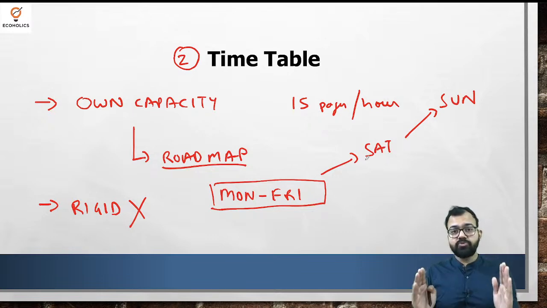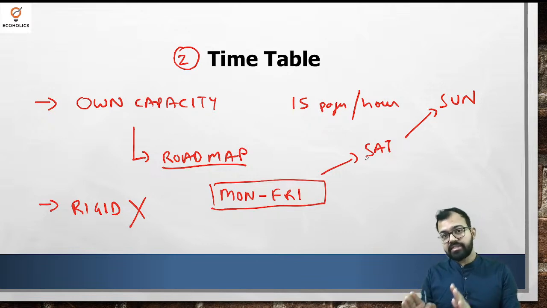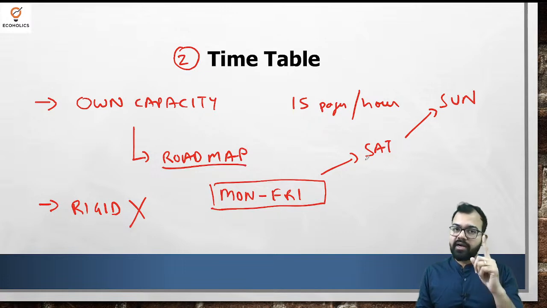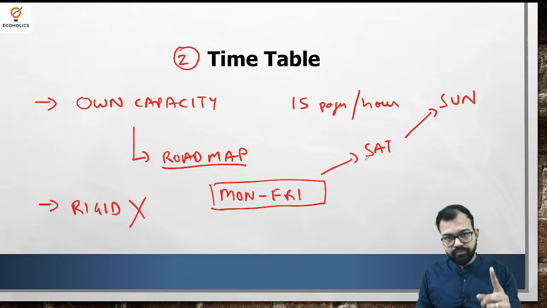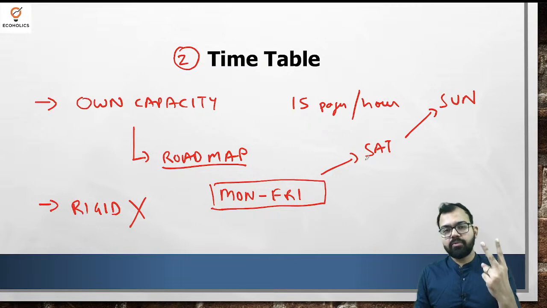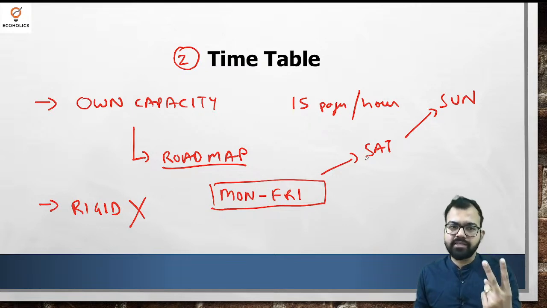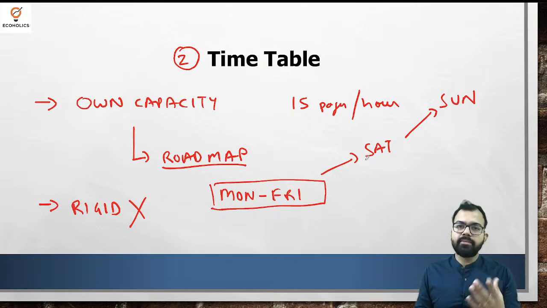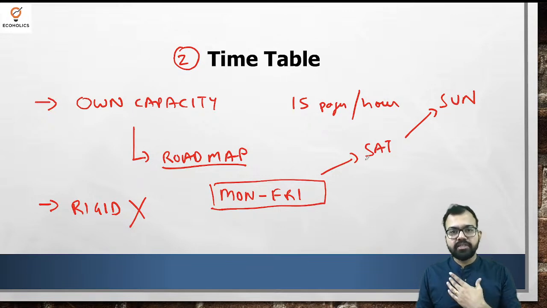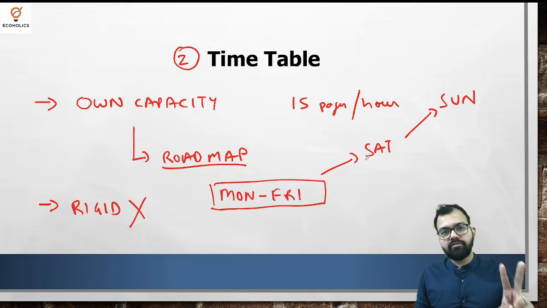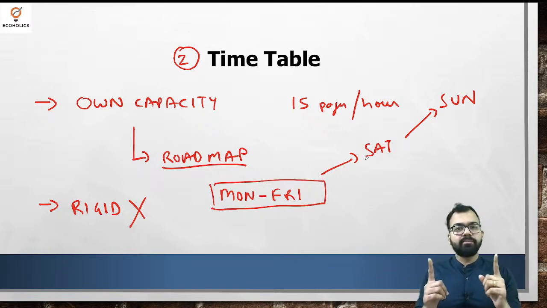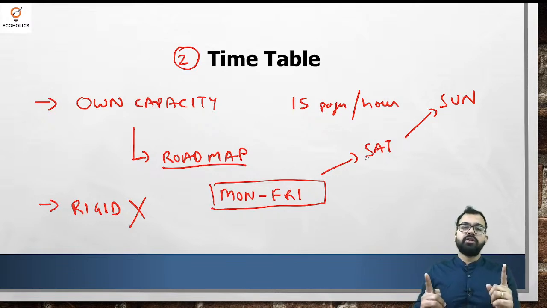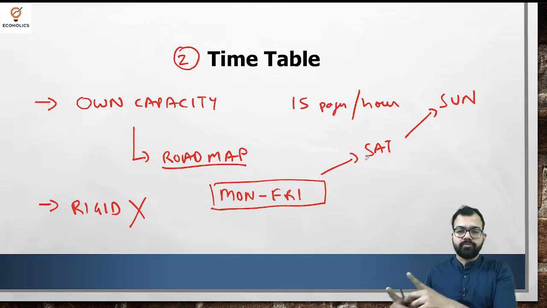Okay, you make timetables very rigid. So this is one of the reason why you are not able to follow it. So two reasons are there. First, you don't understand your own capacity, how much work you can do. Okay, and the second thing is your timetable is majorly or majority of time is rigid. तो हम जब भी टाइम टेबल बनाएं उसका ध्यान रखें कि हमको हमारी कैपेसिटी पता हो. दूसरा चीज, टाइम टेबल फ्लेक्सिबल हो, जिससे कि अगर टारगेट कंप्लीट नहीं हो पाता है किसी भी वजह से, तो एक बफर पीरियड हो, बफर जोन हो.